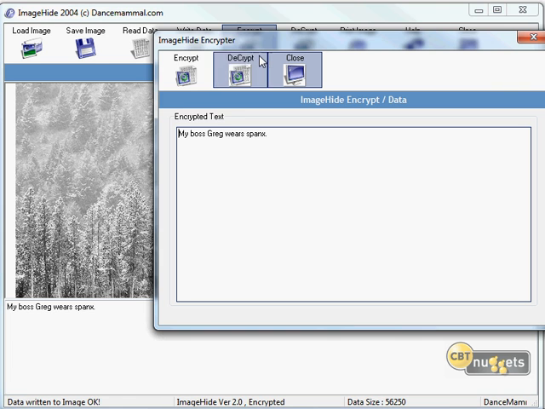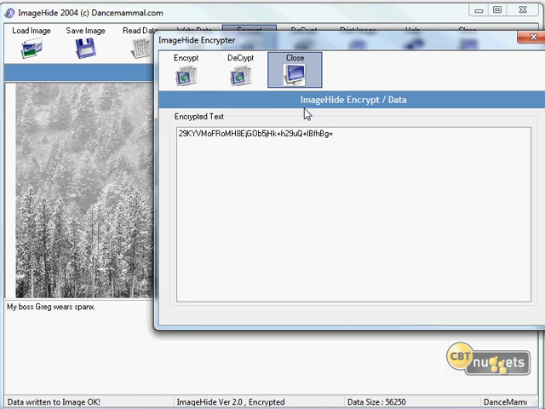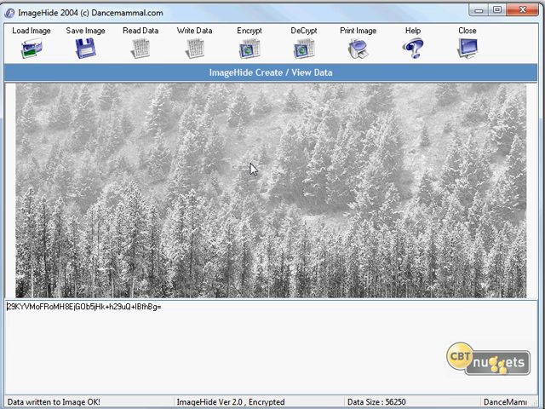You can also encrypt that data, so I would click there and click encrypt, and I would say this doesn't mask the password, so I might say doorway as the password. I don't know, something like that. All right, now it's encrypted text, and I can close this. If I want to later on open this file up and decrypt it, then I would have to enter in that same password. Okay, so anyway, I'll go ahead and save this image, and I'll just send this out somewhere.